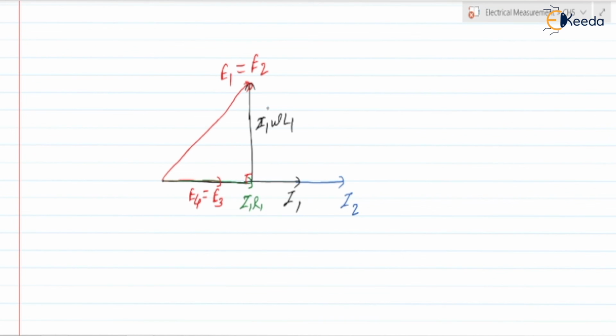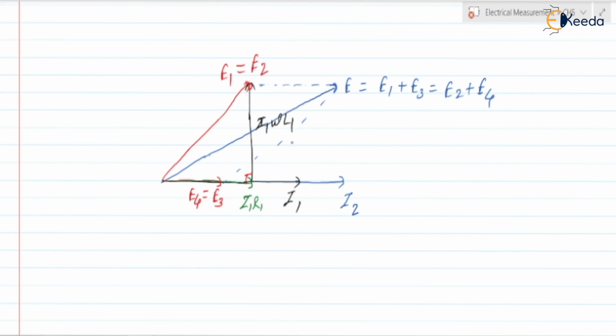First of all, extend it. Next, the addition of these two phasors: it will be like this from here, and if we draw the line between these two, this is the phasor for E, which is equal to E1 plus E3, which is equal to E2 plus E4. Be careful, this is not direct arithmetic addition. This is phasor addition. So this is the phasor diagram.